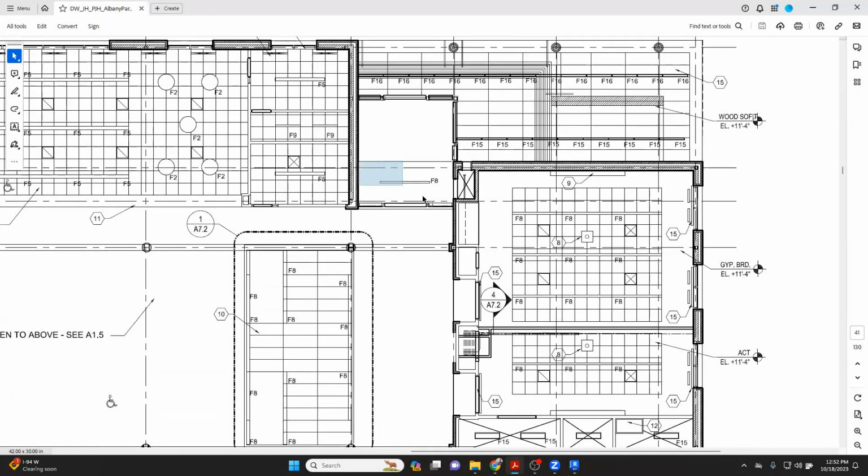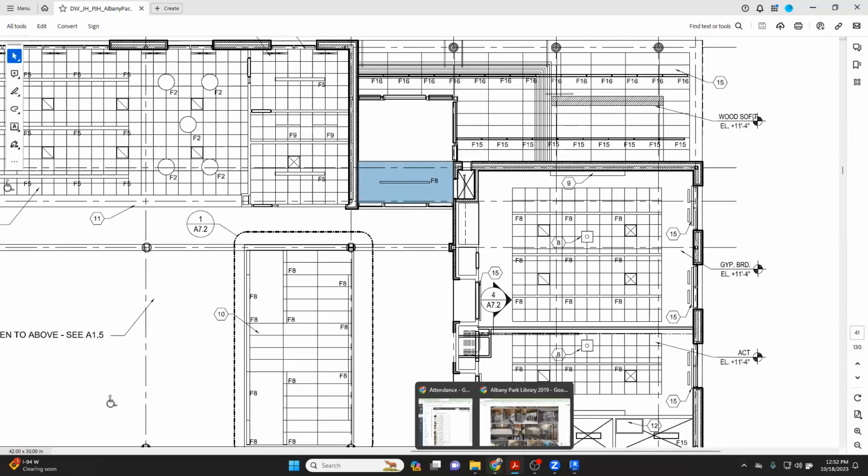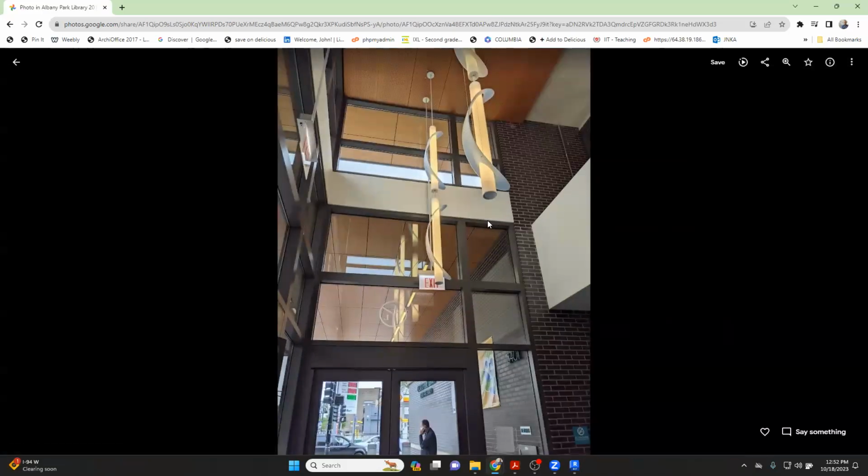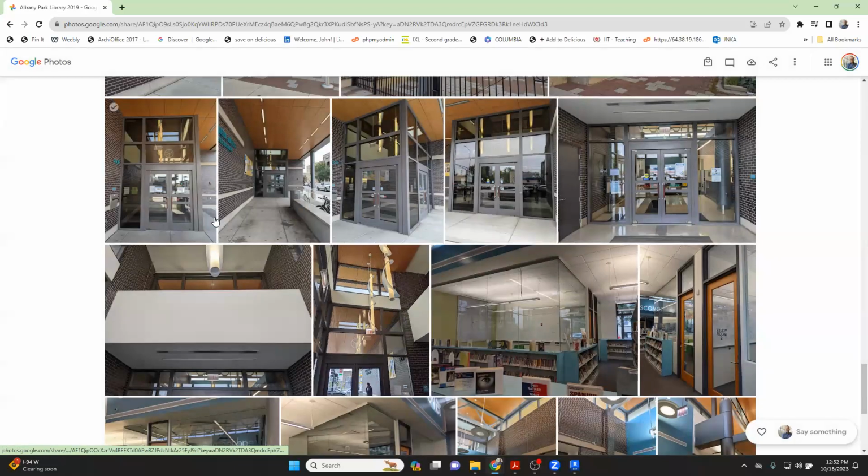There's actually a ceiling here at the entrance, right outside the entrance doors. And you can see that ceiling here. It's right there, that bulkhead. That's a ceiling with a wall on both sides. There's a wall on this side of a certain height, maybe to the underside of that ceiling height here. Those seem to line up. The top of this seems to be the bottom of that. That's where the ceiling's at. That seems logical. And then inside the library,